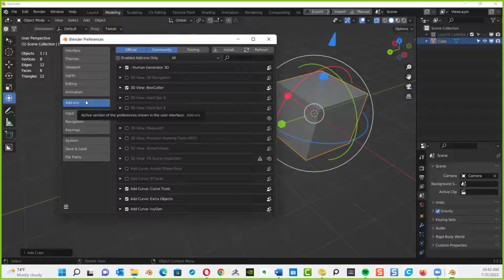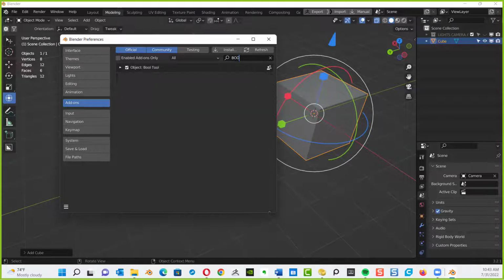All right, I just clicked the add-ons. Now, in the top right-hand corner, you see a magnifying glass. Got it? The first thing you're going to type in is BOO for Bool Tools. BOO, and it's going to come up Bool Tools. I want you to check it. Okay, let's see. I want to make sure it's checked. And it comes with Blender. It's not a third-party add-on. Okay, yeah, and it is checked. Excellent.